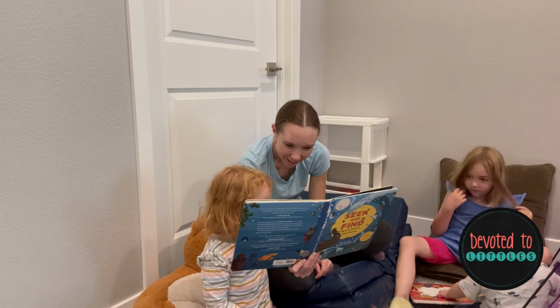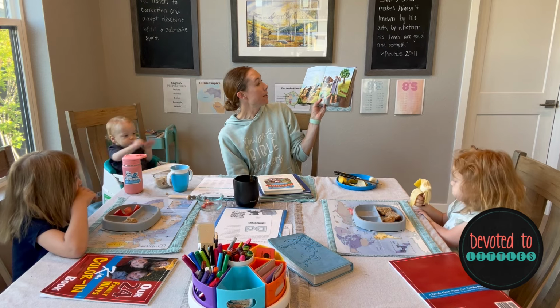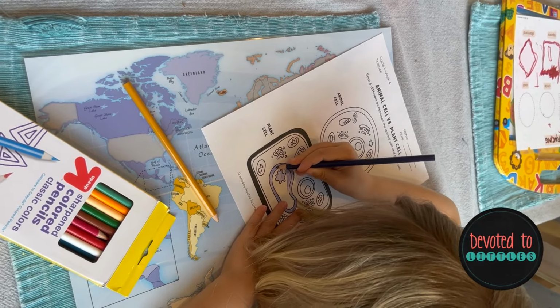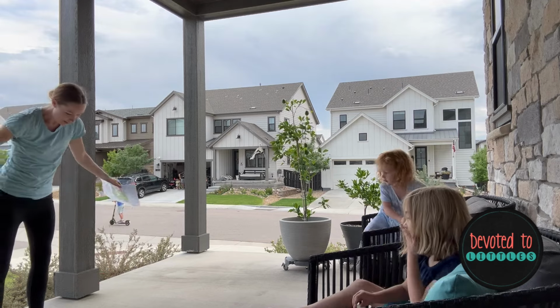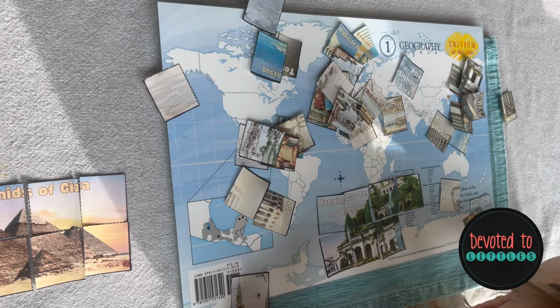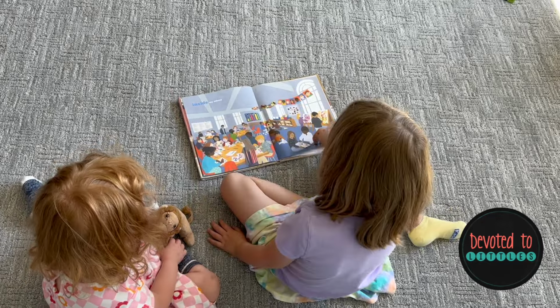Good job! God told Noah to build an enormous boat and ark so that he and his family might be saved. Some parts of a plant cell are nucleus, cytoplasm, vacuole. High five! Temple of Artemis. Inside my school,